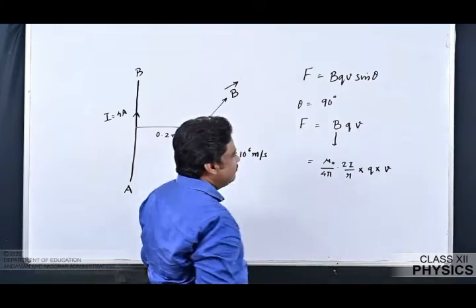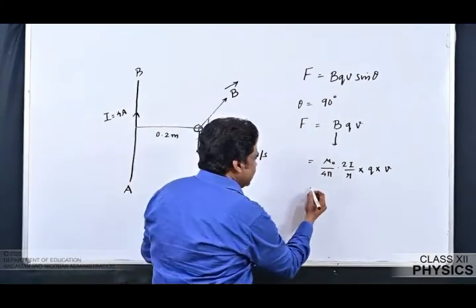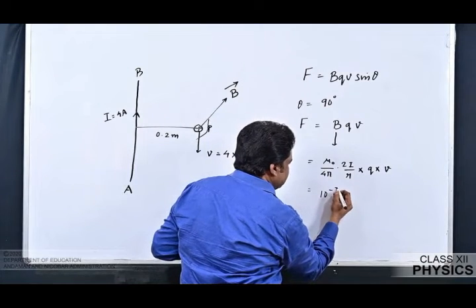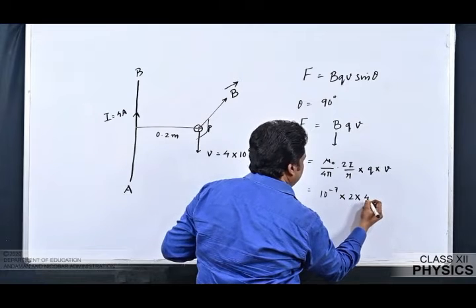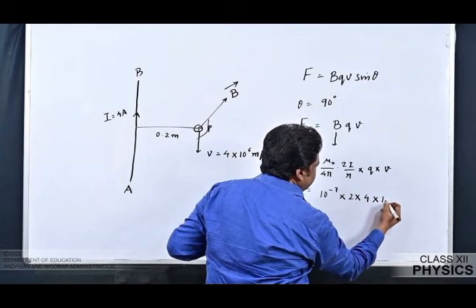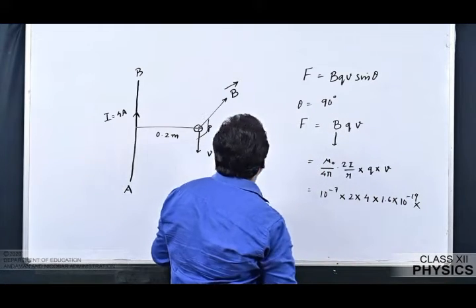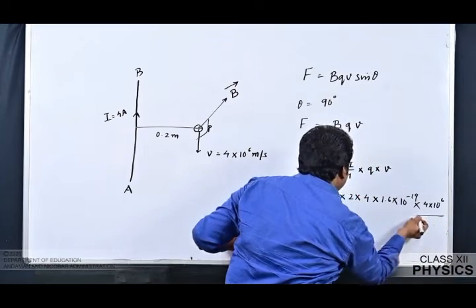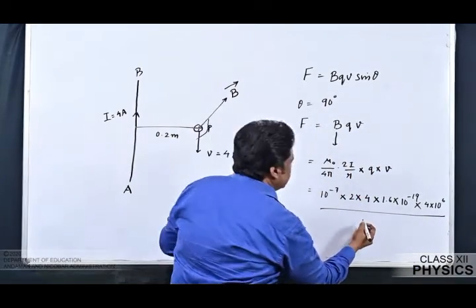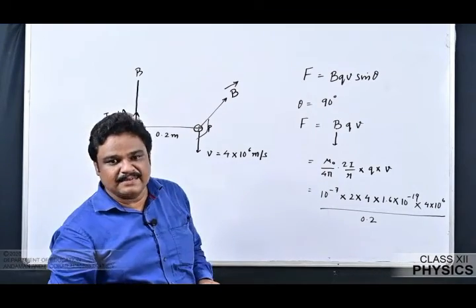So this is the final formula. Now you check all the values will be with you. Mu naught by 4 pi is a constant, you know it is 10 power minus 7 into 2. What about the current flowing, I is 4. Charge on the proton, you know it is 1.6 into 10 power minus 19. What about the speed, it is 4 into 10 power 6. What about the distance, it is 0.2 meter. So I'm going to simplify this. The answer comes to be